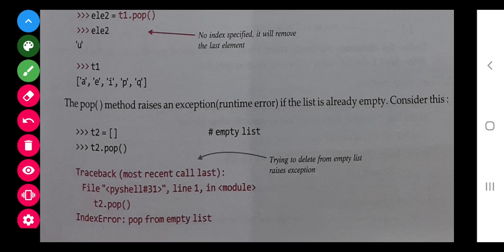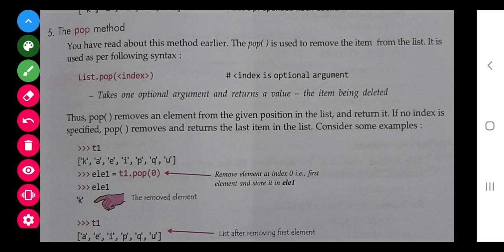Now I am repeating the pop again, there was some disturbance. So class, from 0 position we want to remove, as I said, it will remove, but it will also print the element. As we have written element number 1, t1.pop(0), it is saved in ele1, and we can print.